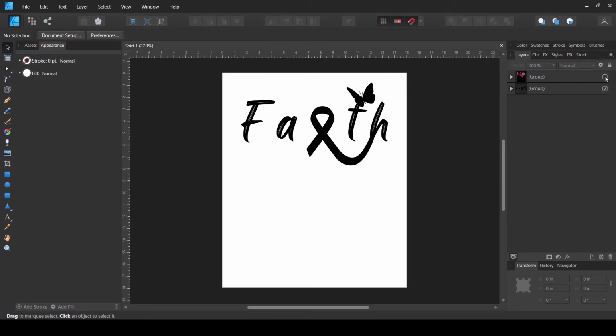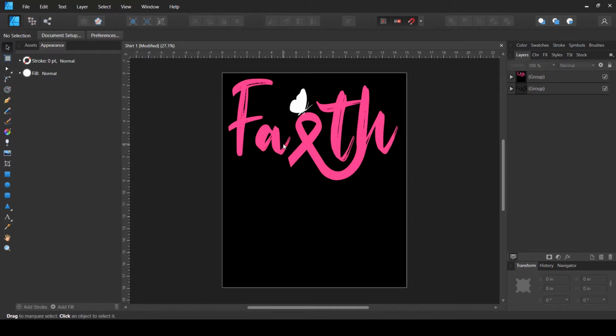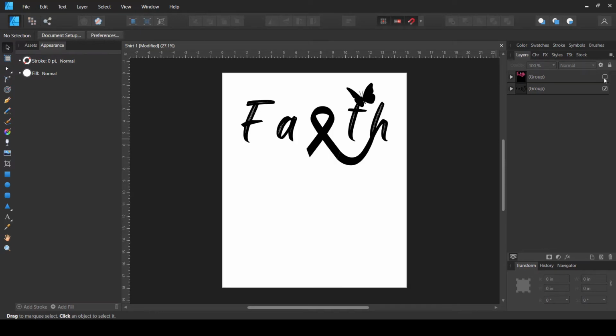So if I hide it and bring back this slightly edited version, you can see that the first thing I did was change the font. That is very important. In most cases I would always change the fonts for all of the text in the designs. I have changed the font, but I have kept the same style of this grunge brush looking style which has less spacing between the alphabets. So these letters have a lot less spacing as compared to the original design.